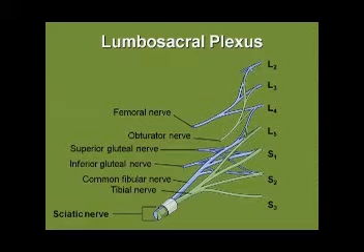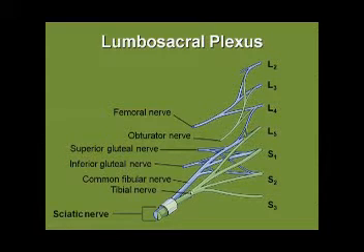So we see that L2 has a posterior and an anterior division, L3 does, L4 does, and right on down the line. And then those divisions will come together to form nerves. So, for example, we see that the posterior divisions of L2 and L3 and L4 form the femoral nerve. The anterior division of L2 and L3 and L4 forms the obturator nerve. And so on down the line. We have the posterior divisions of L4 and L5 and S1 and S2 coming together to form the common fibular nerve. And we have the anterior divisions of L4 and L5 and S1 and S2 and S3 coming together to form